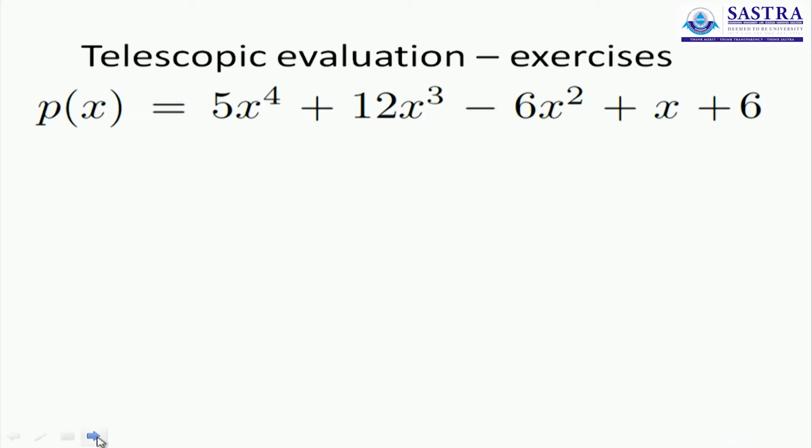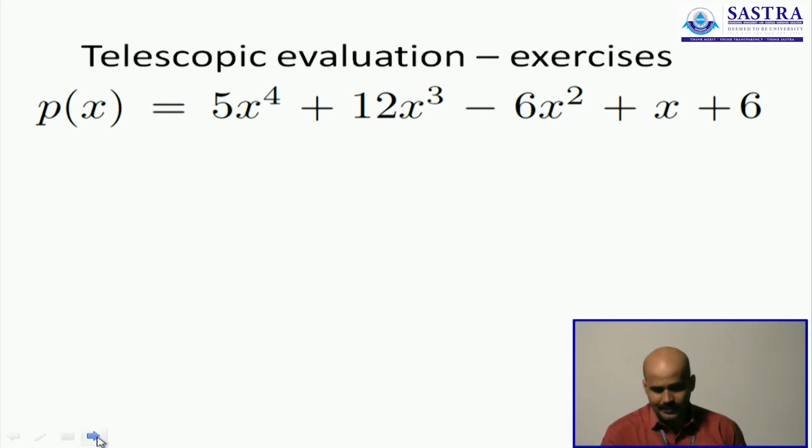Let us try and have a look at a couple of examples for this. First one, I have given you a biquadratic polynomial, a polynomial in x where the highest power of x is 4. So, you have an x power 4 term, an x cube term, an x square term, an x term and a constant term. So, all these 5 terms involved. We are going to evaluate it. We are not going to find what is p of 7 or p of 9, but we will just try and simplify, or in other words decompose this polynomial into simpler terms.